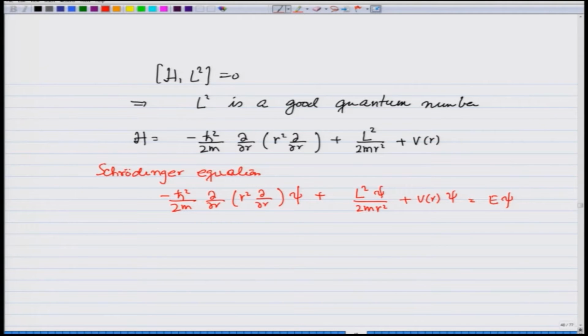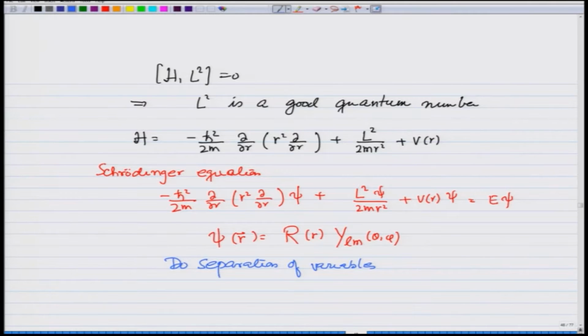I could tell you that psi of r vector can be written as R, which depends only on r, and some other function which I have given as Y_lm(theta, phi), and then write this and do separation of